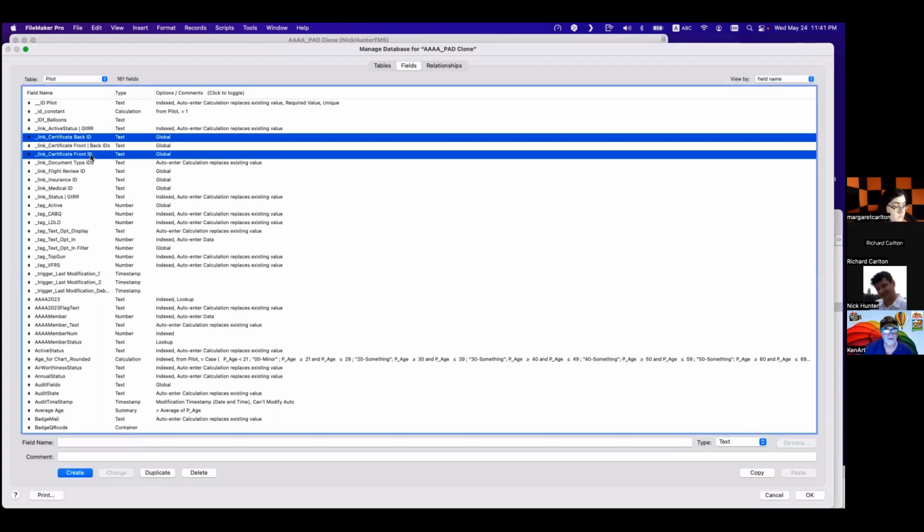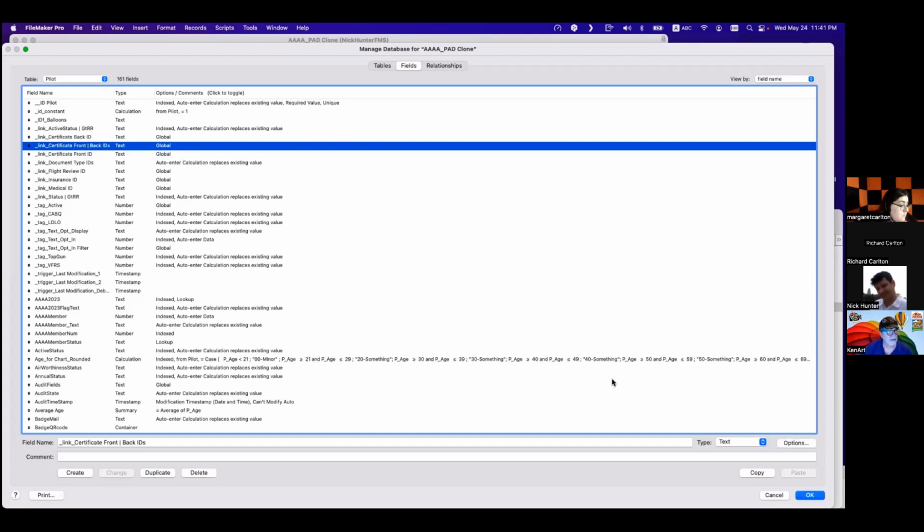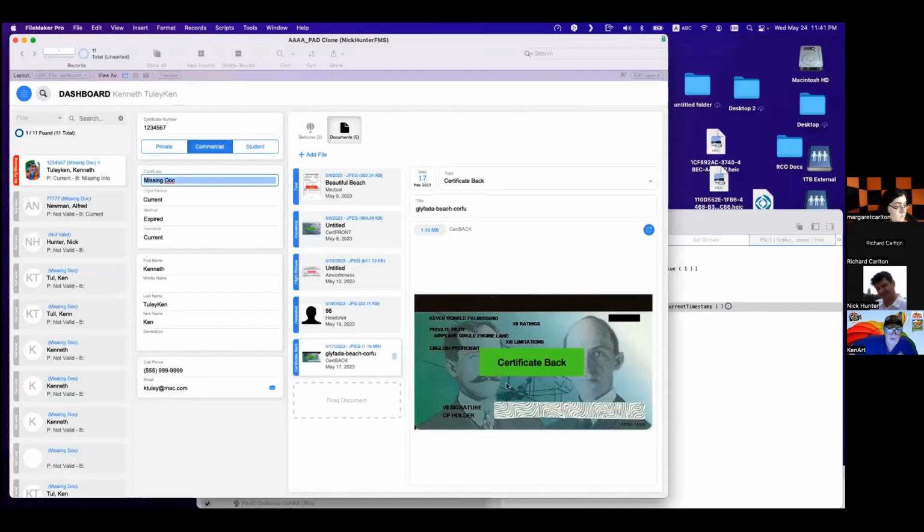So now I have front and back, two fields. But I keep the old one for the demo, so on the file you have both possibilities. You see both techniques.